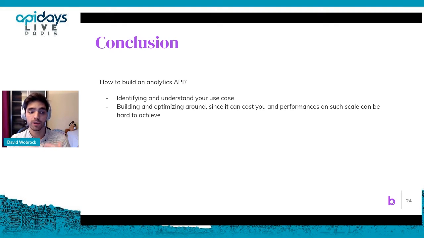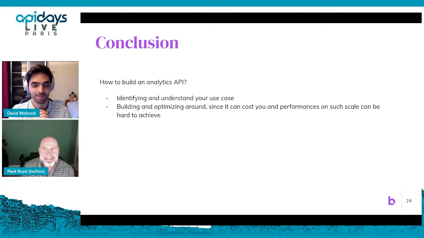To sum up quickly, how do you build an analytics API? It's all about understanding the data you have, since that's the most important thing, and the flexibility you want to give on how this data will be consumed, looked at and projected. This brings a lot of technical challenges about how to optimize the costs and the performance at such a scale, because your analytics data is often very voluminous, and you definitely need to look out for that, so that you don't go bankrupt because of some crazy guys querying like crazy on your API.